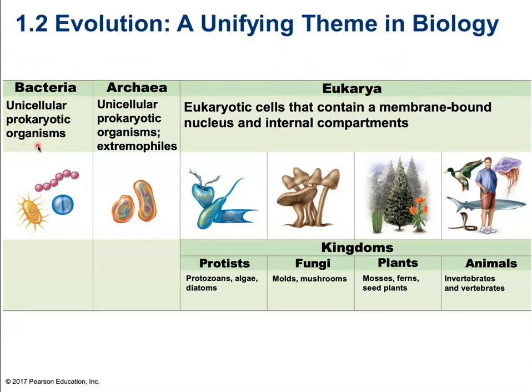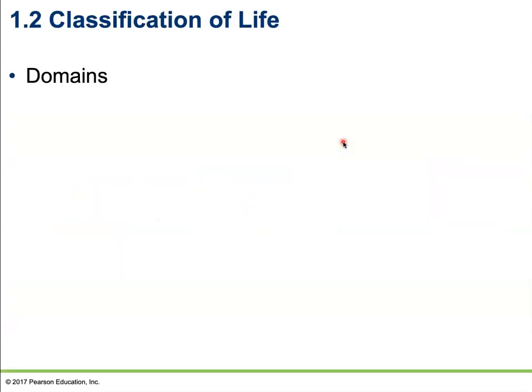Bacteria is going to be a domain in which all organisms are unicellular prokaryotic organisms. Archaea is going to have unicellular prokaryotic organisms as well, but they're going to be found in slightly different environments. Eukarya is going to be comprised of organisms that have eukaryotic cells. And we're going to branch out and explain what each one of those means. So when we're looking at the domains, like I said, we're going to start off with our domain bacteria.